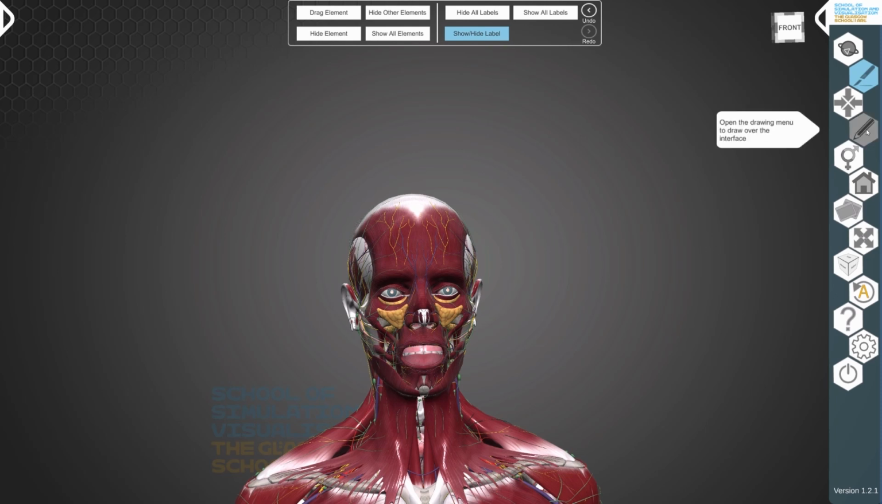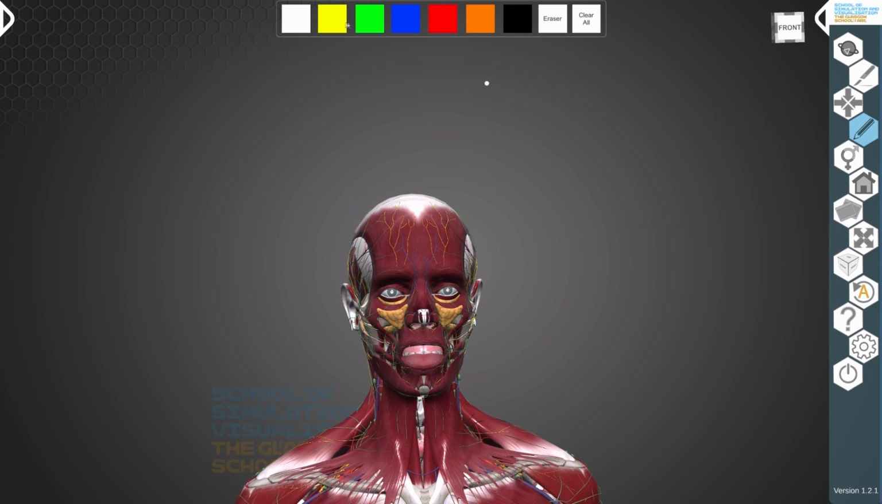If I press the pen button, I can then choose a color and I can write or draw on the screen. This is very useful in a classroom environment. You can erase either an individual element or you can remove everything. Let's click back on the home button